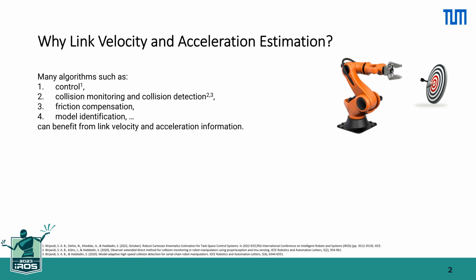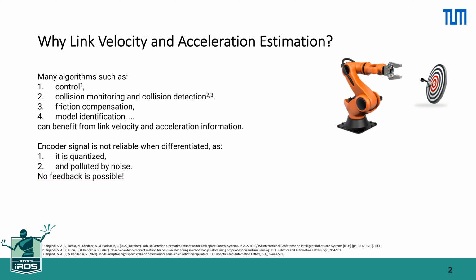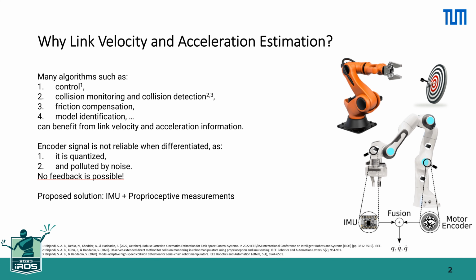Many robotics algorithms, such as control or collision detection, can benefit from accurate and high-bandwidth link velocity and acceleration. However, numerically differentiating the encoder's signal is not a viable solution, as the noise characteristics intensify after each differentiation. We have indeed shown that we can estimate the manipulator's link variables by fusing the robot's proprioceptive measurements with inertial